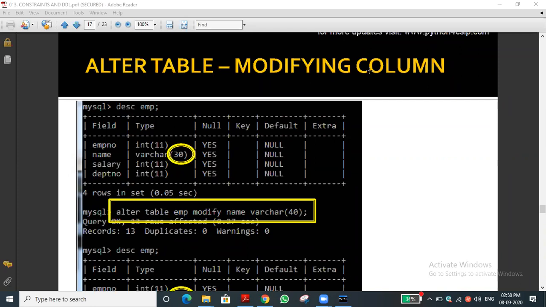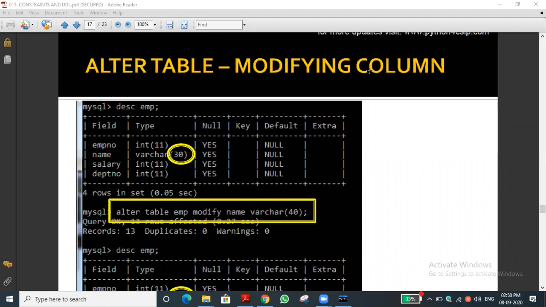Tiny int or small int accommodates only 9 digits, isn't it? Even varchar cannot be converted into integer, or integer into varchar. Varchar is a variable character type; we cannot convert it into integer because integer is an entirely different data type. Integer is a number data type. Varchar is a text data type, a string data type. So varchar into character we can convert it, or else change the varchar size itself.